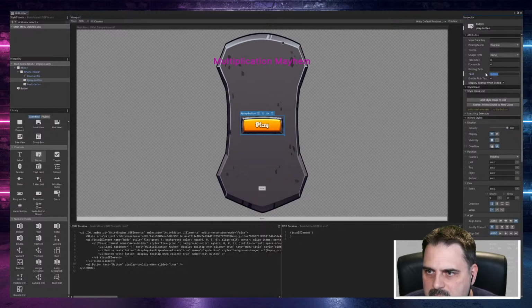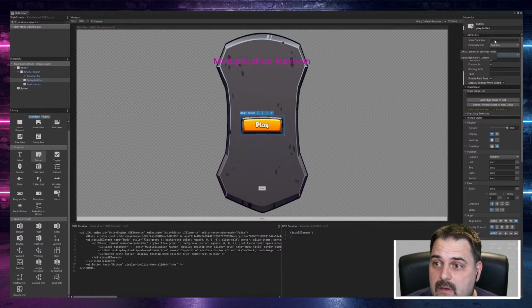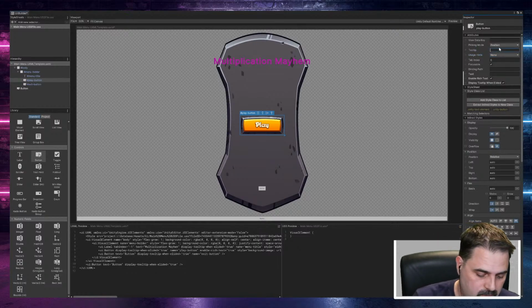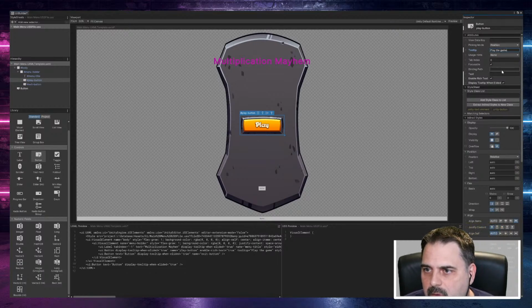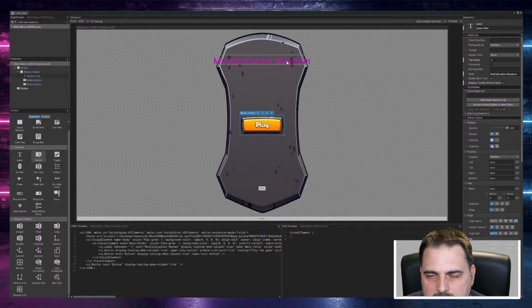So, text, it's here, button. Okay, so I have it. Enable rich text, I don't necessarily need that. Use hints. Tooltip. I can set a tooltip as well. Wow. Play the game. So that means if I come over it, then it should show me the tooltip. These things would be so hard to do with the old canvas. I know I'm struggling here, but at the moment